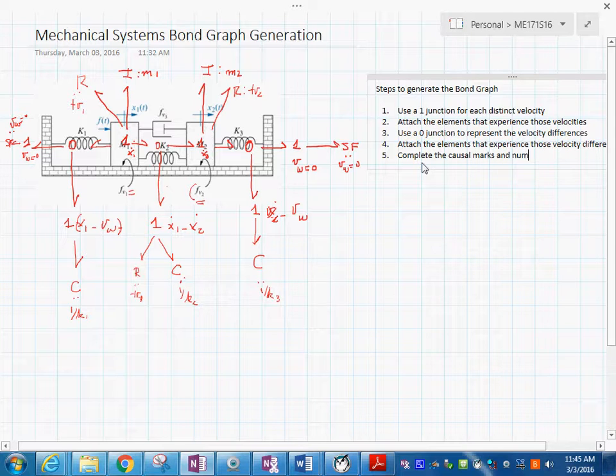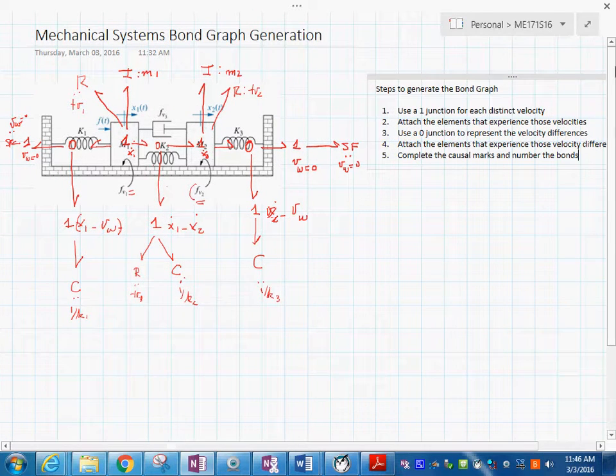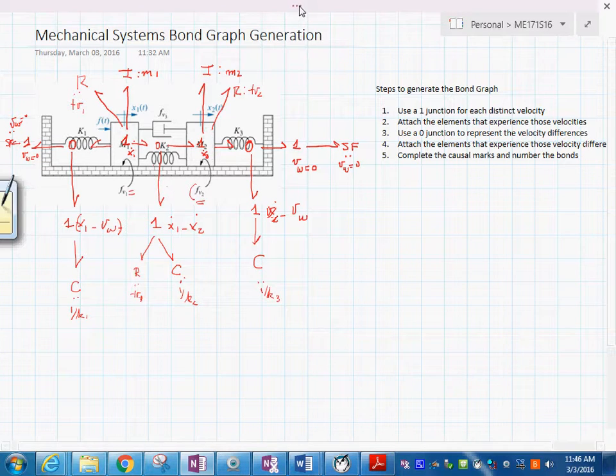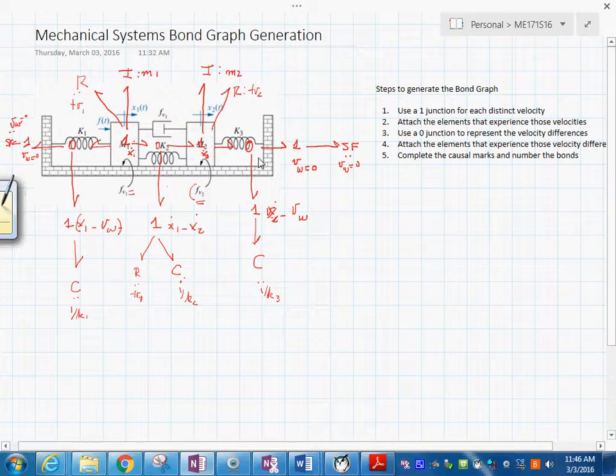First, you assign it to the sources. So this has to be like this because these are flow sources. And the moment you do that to a one junction, this has to be like this. And the same thing over here, see? Then the next step is to put the I element in integral form. That sets the flow to this one and makes this two like this. And I do the same thing to this one and makes this two like this. Yeah? And then